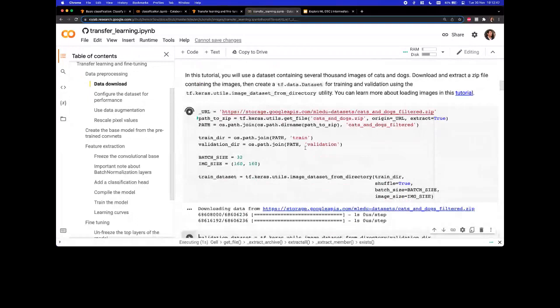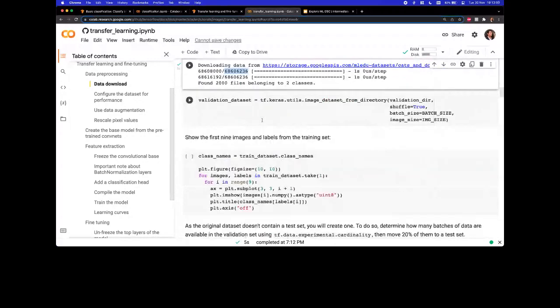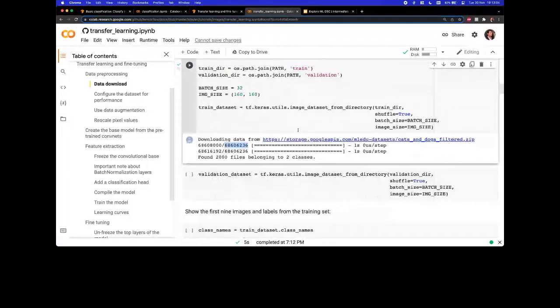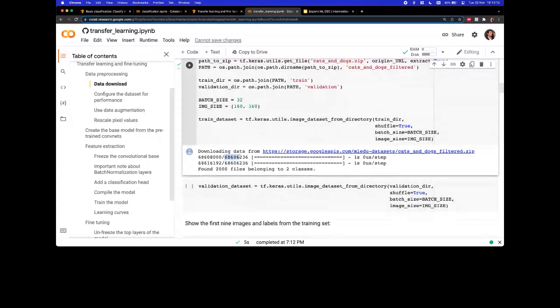So as you may see, the data is available online. You can download it. There's quite a lot of data this time. We are in the millions, so 68 millions. Actually, I'm not entirely sure that this is the number of data. I think this is actually the size of the data. My bad. All right. Anyway,